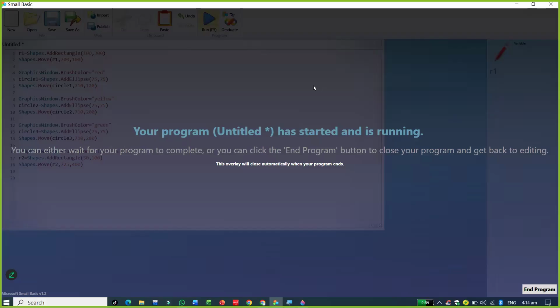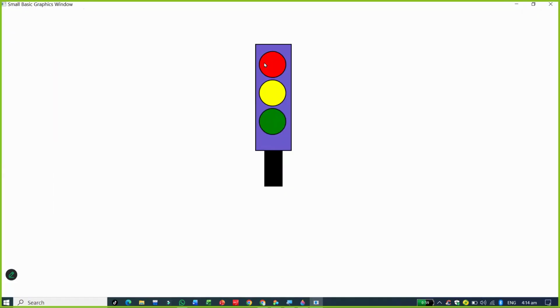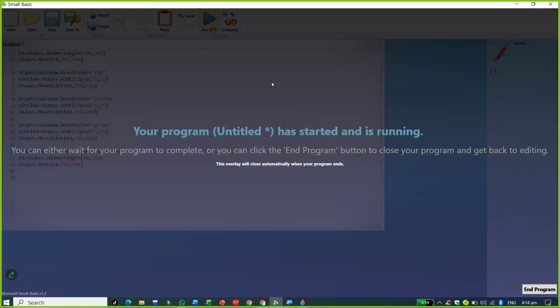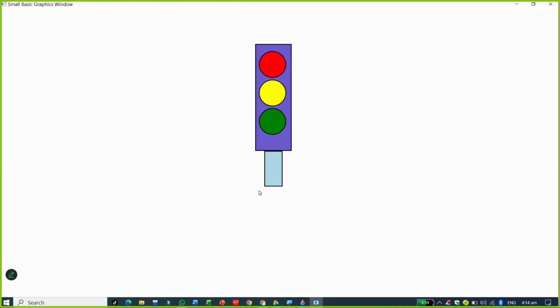Oh, it cannot be recognized. That's why I'm giving the black. So what will you do? You will just add it again. Now see, light blue is here. So white, and this color is normally by default just going to look like a blue color. So